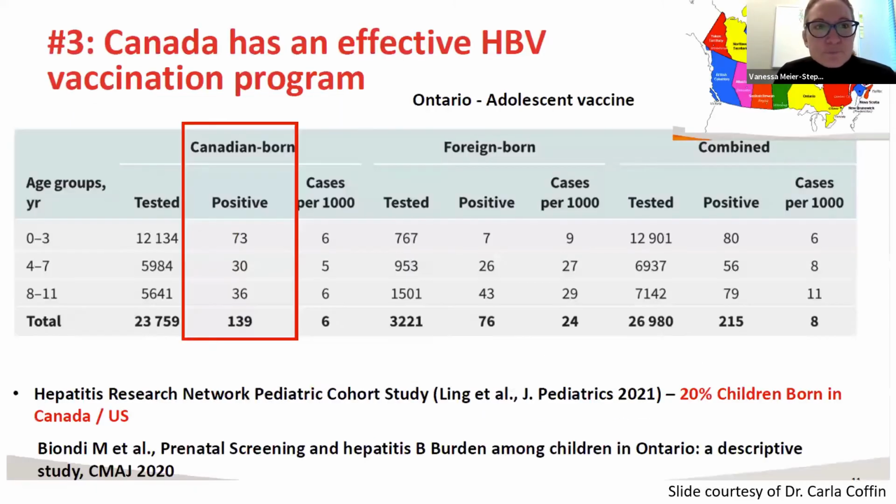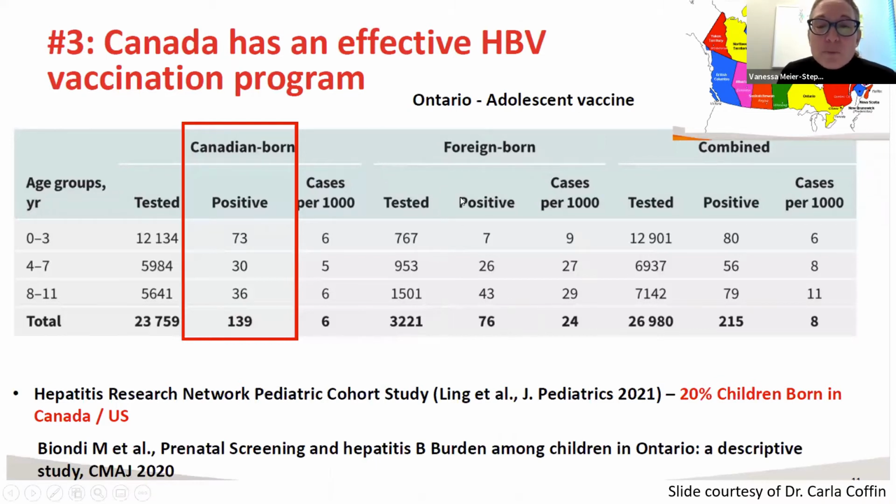Then I would show you this data. This slide is actually courtesy of Dr. Carla Coughlin, and she gave this slide as part of the presentation at the International Hepatitis B meeting recently where she described the myths of hepatitis B in Canada. This is presenting data from a study in Ontario recently published looking at the rates and the prevalence of hepatitis B among children. And just waving my mouse over this section on foreign-born, yes, there are many children who are born and come to Canada and they have hepatitis B.